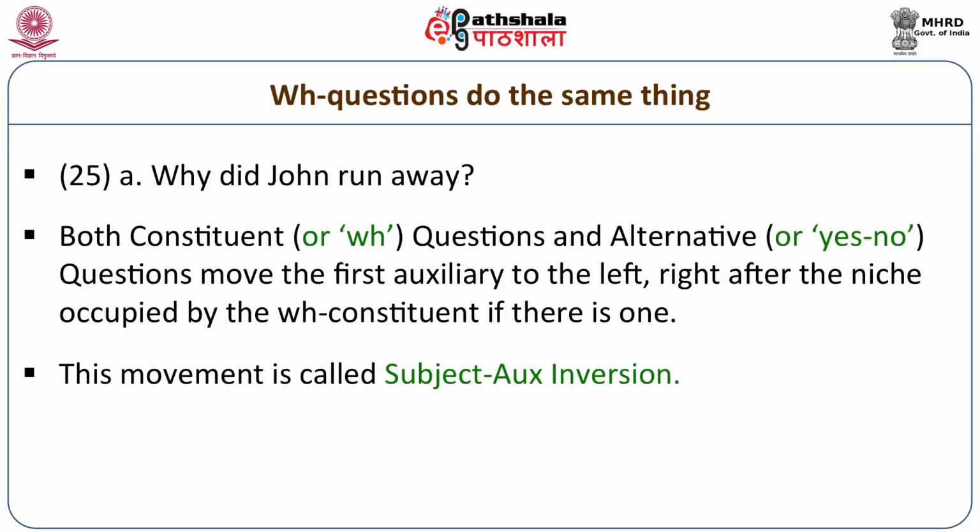It turns out that many of the affective contexts also trigger subject-aux inversion. Not only questions, but other affective contexts do this. Thus, in addition to interrogative sentences like, did John run away for any reason that you know about, where any is a negative polarity item that occurs because questions are one kind of affective context,